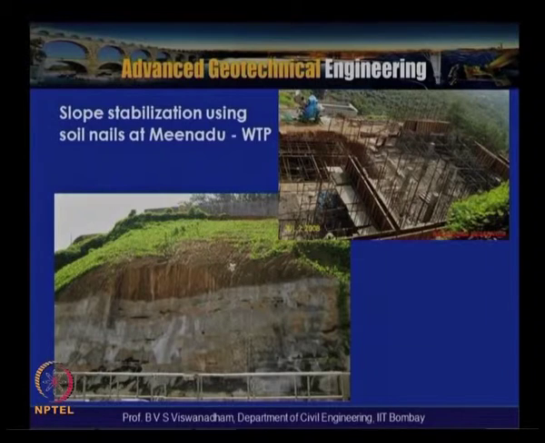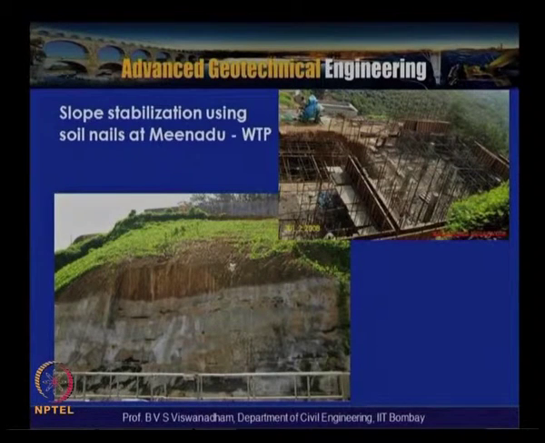So this is the adoption of the soil nailing technique for a water treatment plant at one of the sites in Kerala, wherein this is a slope of about 24 meters height, and at the top of the slope a water tank unit, which imposes a load of 100 kilopascals, was placed for supplying water by gravity to the surrounding villages. This soil is basically a laterite type of soil, which gets softened during the rains, particularly with the ingress of rainwater.